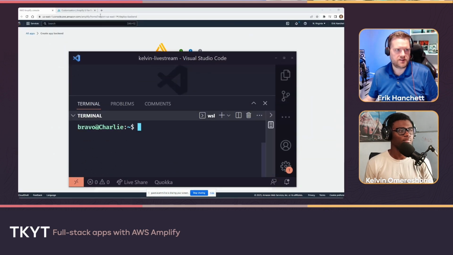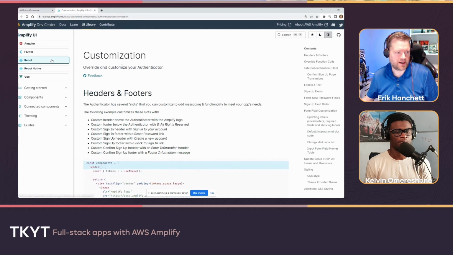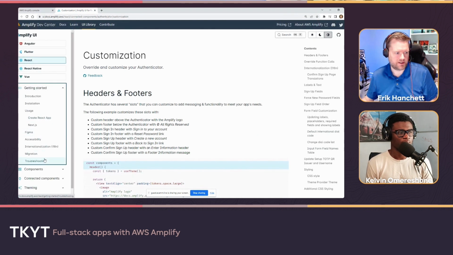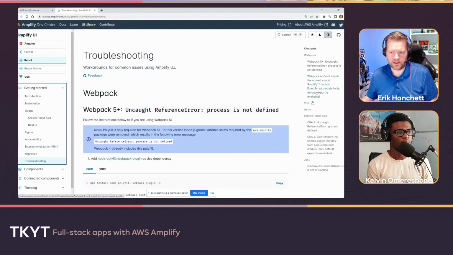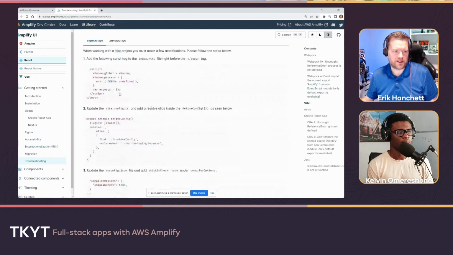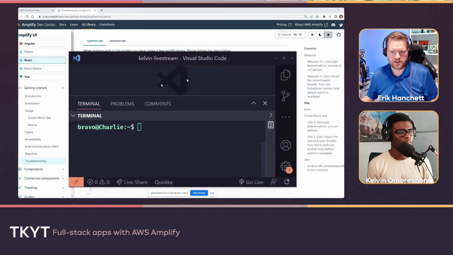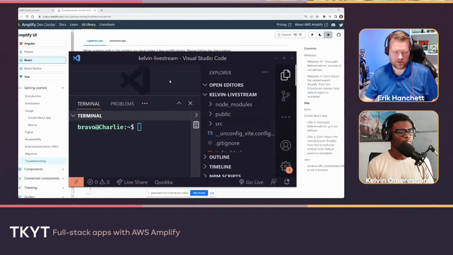If we go back to our React, there's a getting started guide, and then there's troubleshooting, and then there's Vite. So you have to add a couple of extra options in to get Vite working. Not too bad. So we just need to open the Vite config